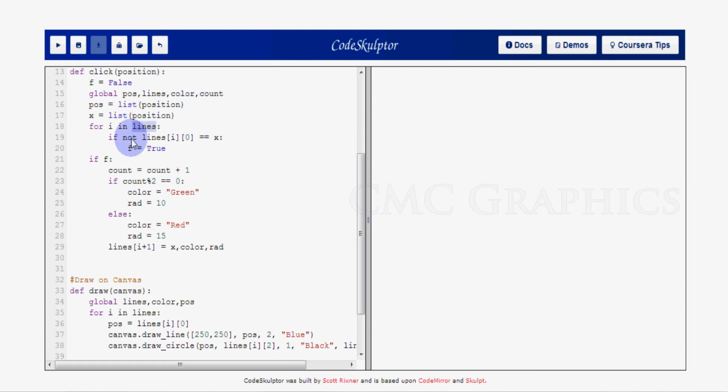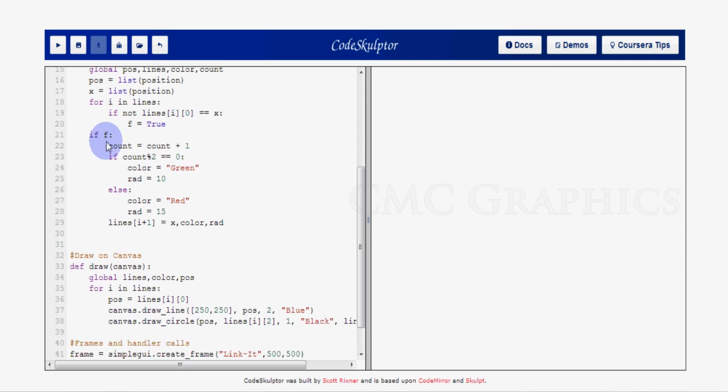I'm testing it here: if lines of i of 0 is equal to x, where x is the current position where you have clicked, and if you have not clicked in that position, then I'm making this flag true. And later I'm checking if f, which is shorthand for if f is equal to true. So if that is true,